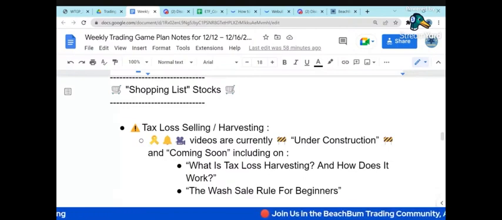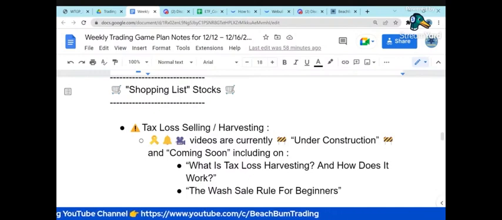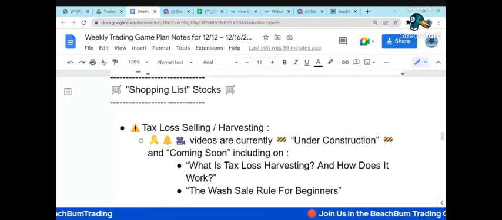So be careful with stocks that are significantly down for the year. In the past, we talked about cheap value stocks that are significantly down and close to their 52-week lows. My warning in December is to be careful with those, because they potentially could decline significantly even more going into the end of December due to tax loss selling and harvesting. So again, be careful with those that are down significantly for the year at this time.